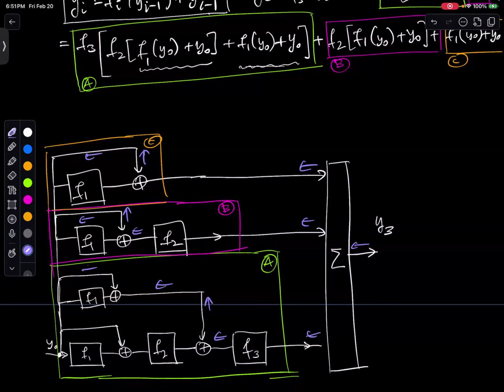Some of them are involving F1, some of them involving F1, F2, and F3, and some of them involving all the way to the input. A category of this kind of networks are called highway networks. So the first thing I want to mention is that the gradient flow